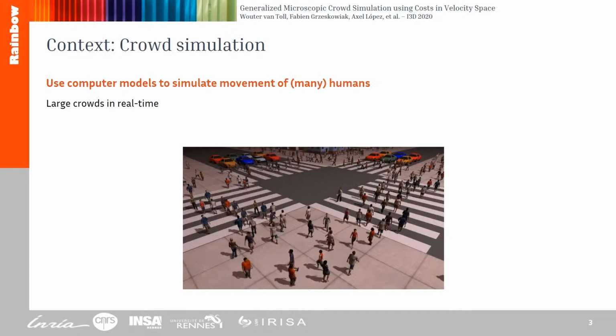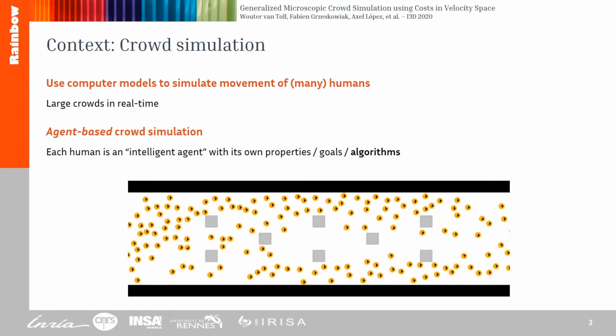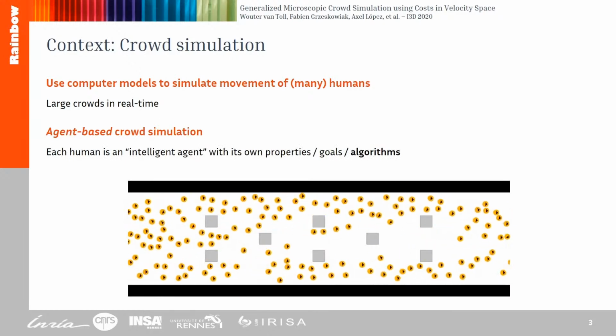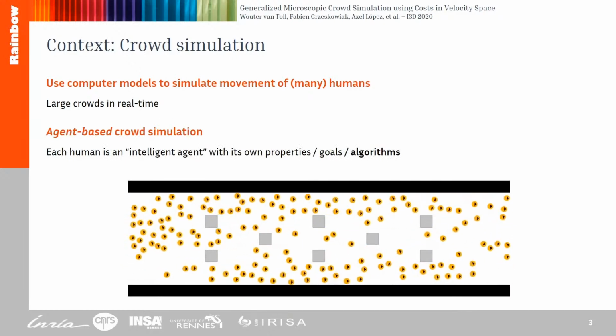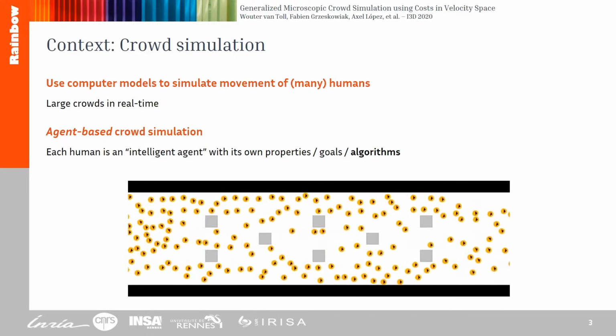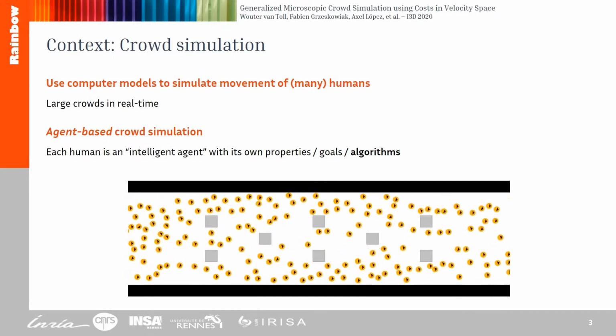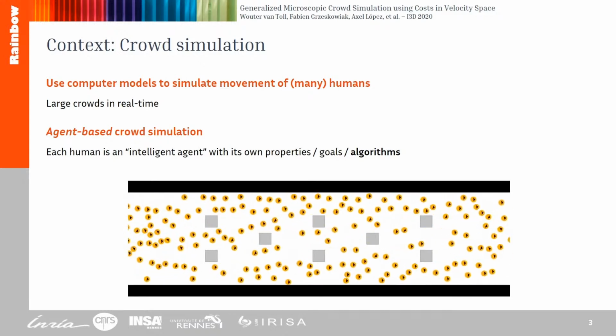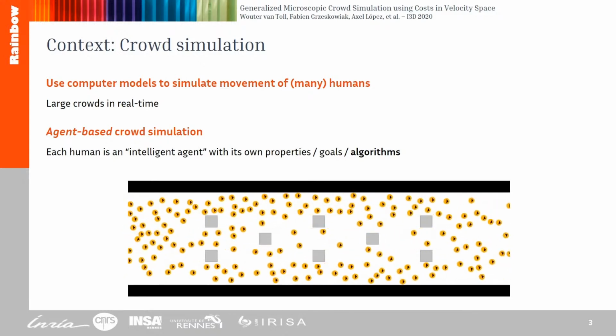In general, crowd simulation means using computer models to simulate the motion of human crowds, preferably large crowds with many humans, and preferably in real time, so that it can be used for applications like gaming or interactive applications. There is a big category of crowd simulation approaches that are called agent-based, and here the idea is that you simulate each person as an individual intelligent agent with its own properties, its own goals, and also its own algorithms